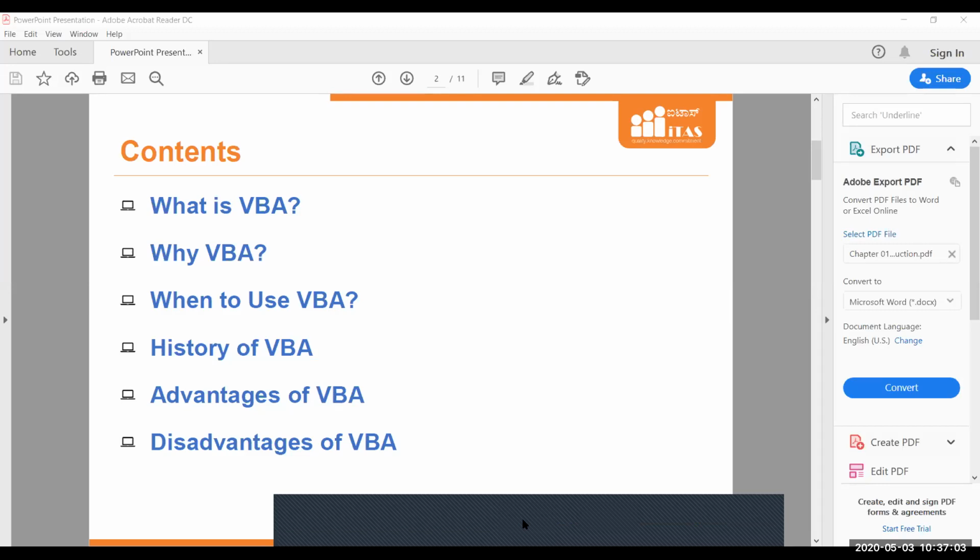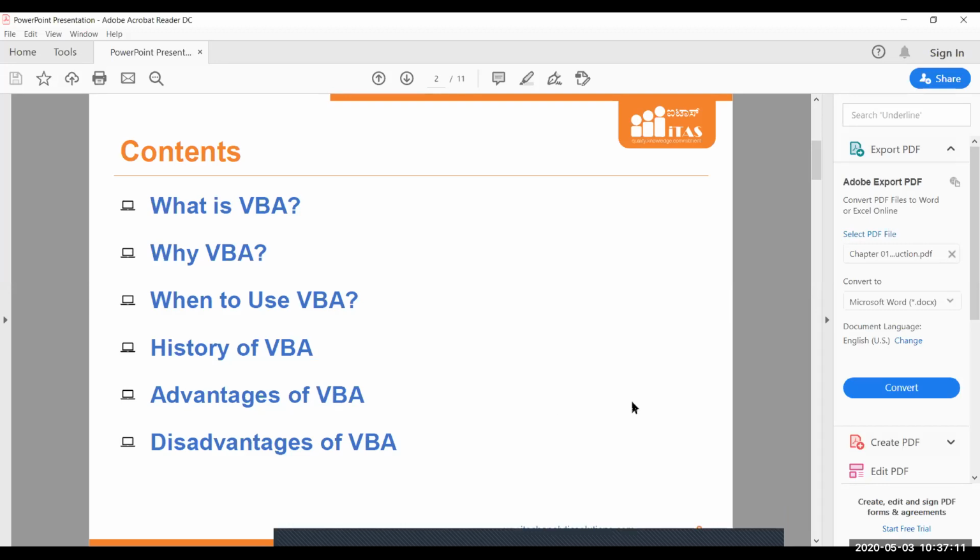VBA, as I said, is used with MS Office applications only. There is a major difference between standard Visual Basic and VBA. Standard Visual Basic is used to develop a whole new software altogether, just like the Excel application.